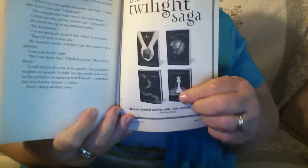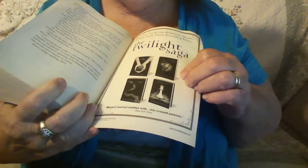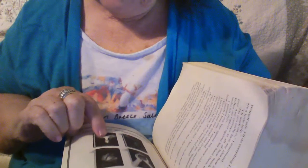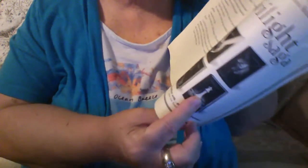Okay, and then this is the back of the book. There's a picture of the author, and I thought they wrote how many pages are in them, but it doesn't. It does have the Twilight Saga, and according to this, there are 4 books in that. You'll have the New Moon, the Twilight, and the Eclipse. The Breaking Dawn is the only one that I don't have. Okay, so there's the New Moon,